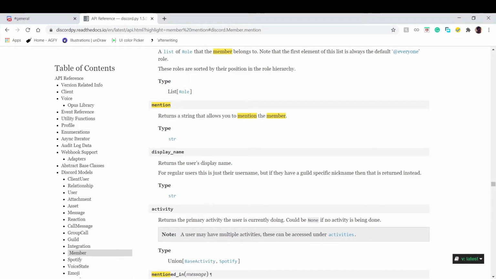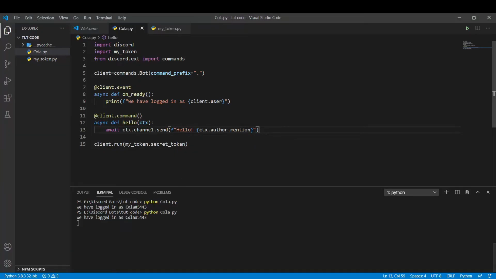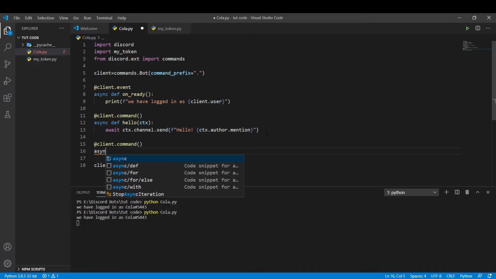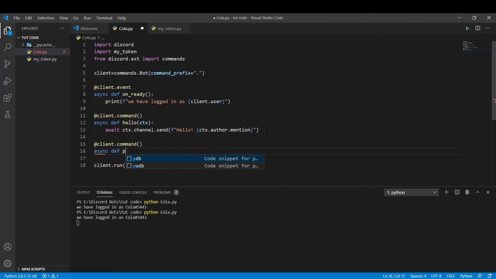Now to make our second command, that is the ping command, we'll do @client.command async def ping, and the first parameter being context. Now the ping command displays the latency of the bot, so I should use await ctx.channel.send,